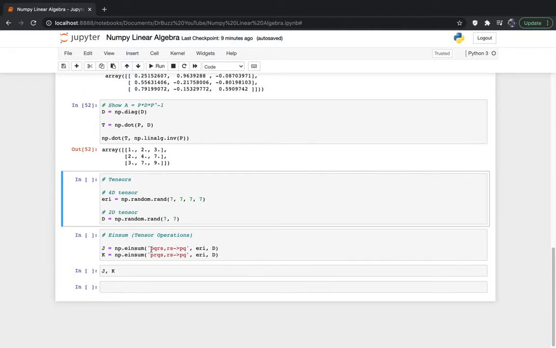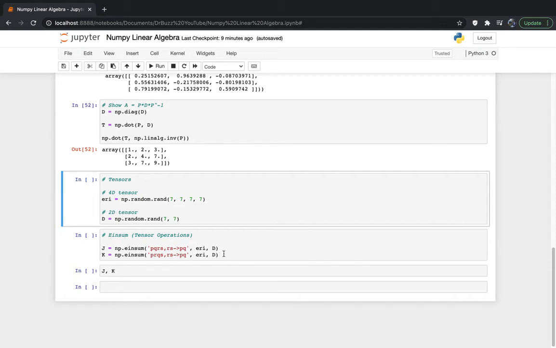So you just do PQRS, RS becomes PQ. This is basically the equation J_PQ equals ERI_PQRS times D_RS, sum over R, sum over S, if you remember from that video. And J is defined in a different way, and